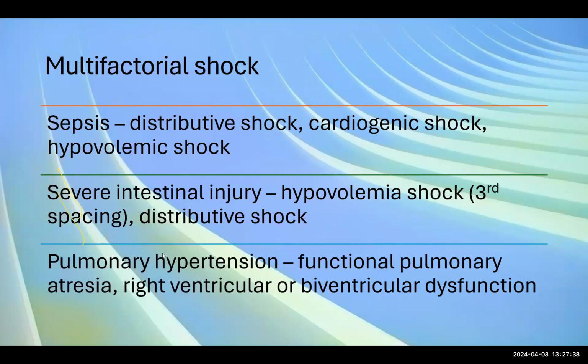For those infants with sepsis, it's not uncommon for them to have frank pulmonary hypertension, which may result in functional pulmonary atresia, right ventricular or biventricular dysfunction, which will result in some kind of cardiogenic shock. So warm shock, cold shock, these are the classical teachings. They're very important for us to recognize. However, life is not that simple. I illustrate the hypovolemic, cardiogenic, distributive, and obstructive shock, and in real life it is not infrequent that it's a mix of these types of shock.